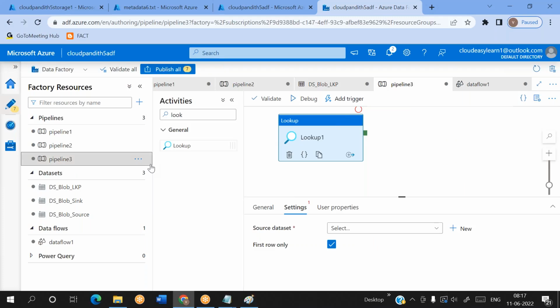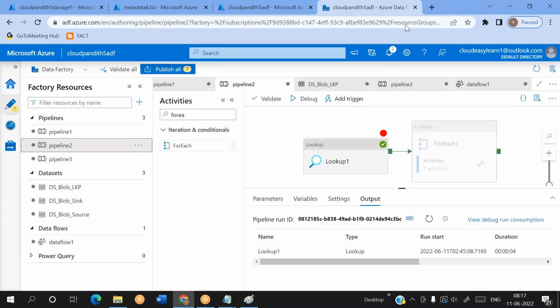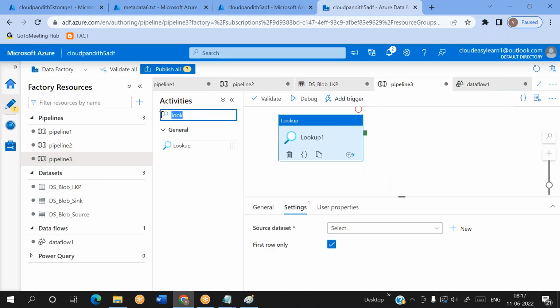That will come, and I'll try to explain. Tomorrow I'll give time to practice, and Monday I'll explain how to get such details. If you want to try, I'll tell you, but you may not be able to understand even if I tell. There is an activity called Get Metadata activity. What this Get Metadata activity can do is, for example,